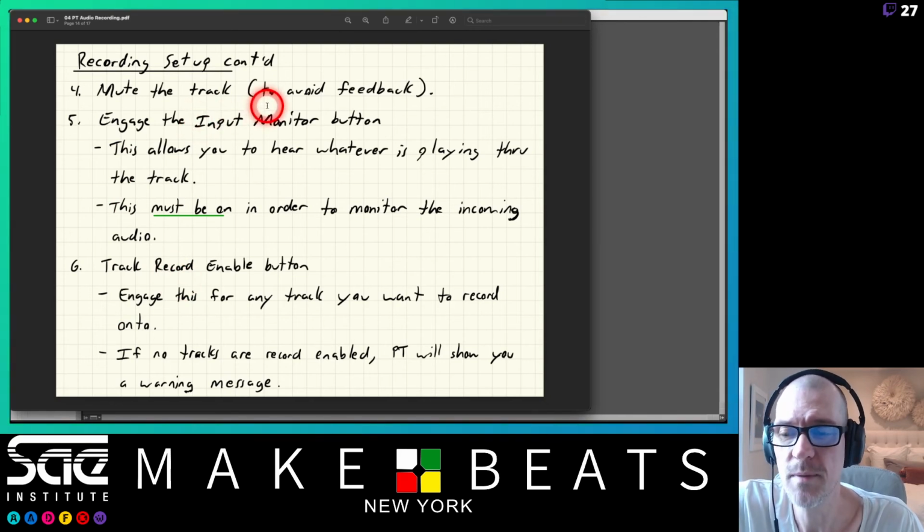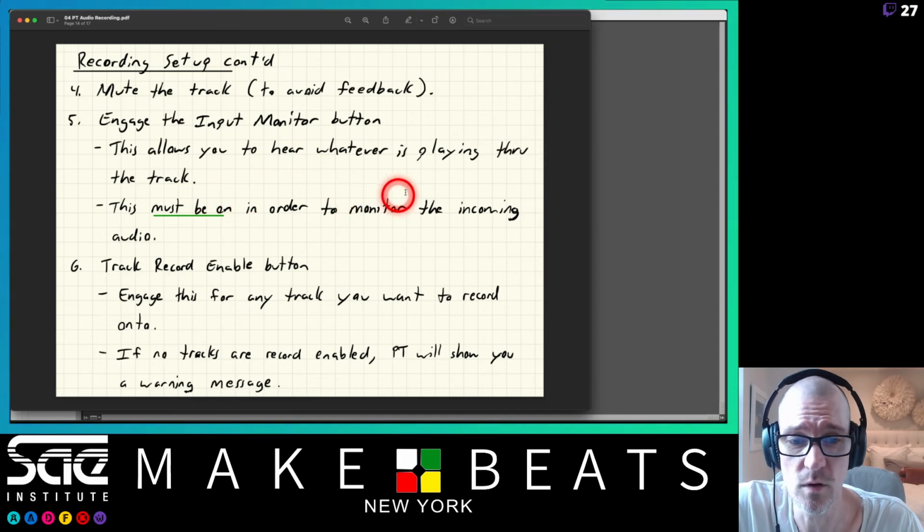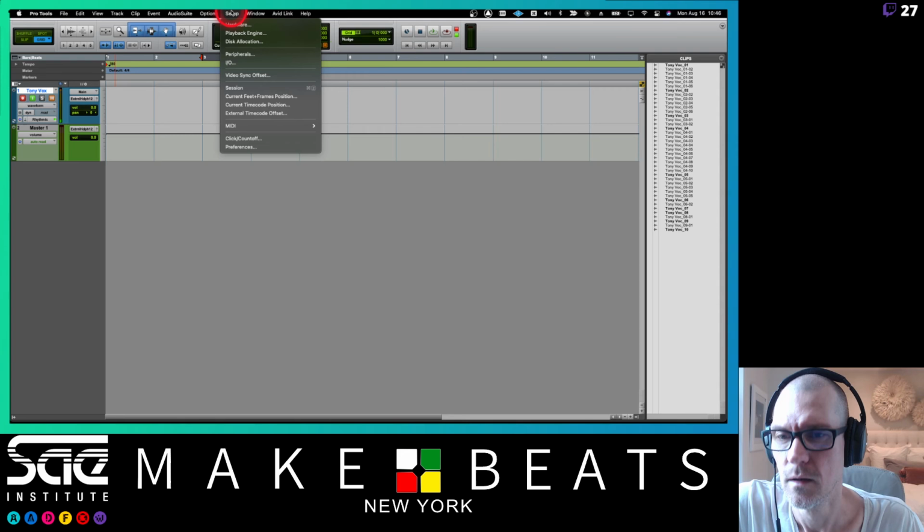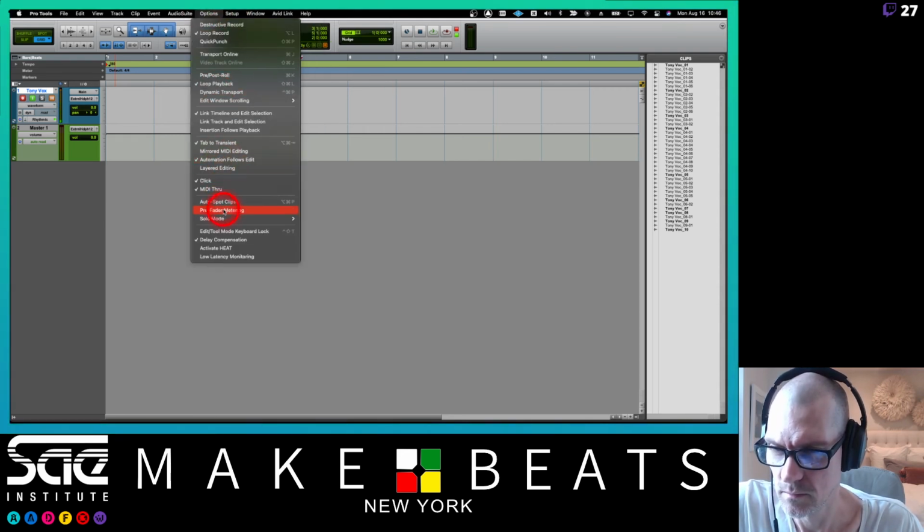Mute the track to avoid feedback. Engage the input monitor button. This allows you to hear whatever is playing through the monitor track. This must be on in order to monitor the incoming audio. I've got mine set here for